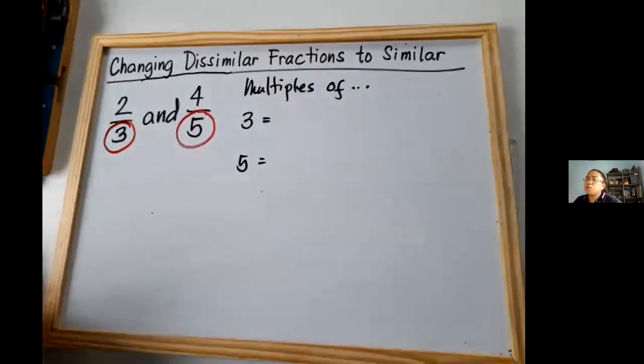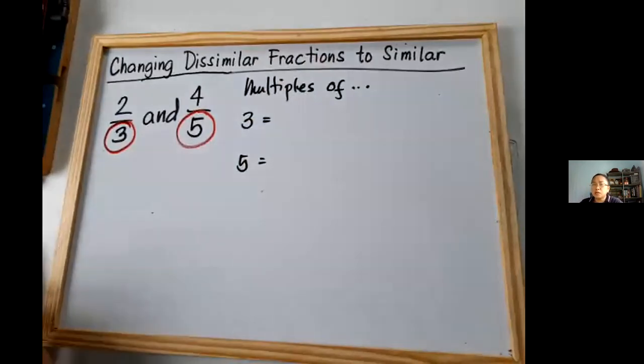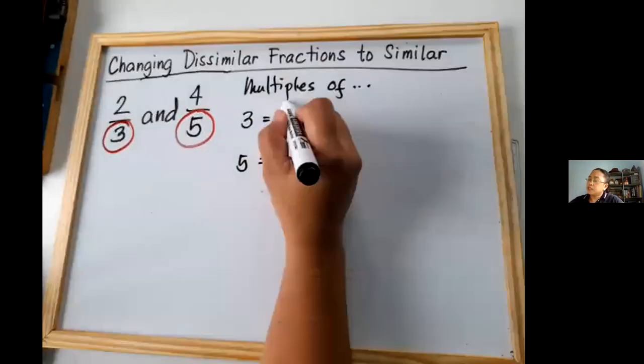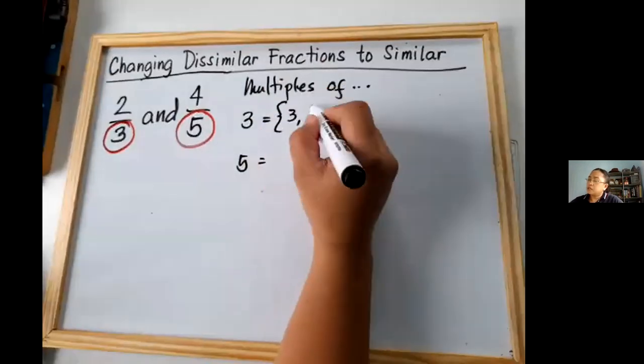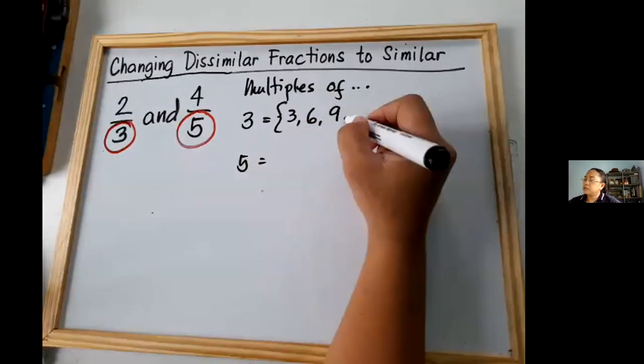Ano ba ang ibig sabihin ng multiples? Pag sinabing multiples, yan ay mga products. Okay? You pair 3 with another whole number, you multiply them together, kung anong lumabas, yun ang kanyang multiple. So, let's start with the first non-zero multiple of 3. So, ano yan? So, let's have 3, 6, 9, 12,